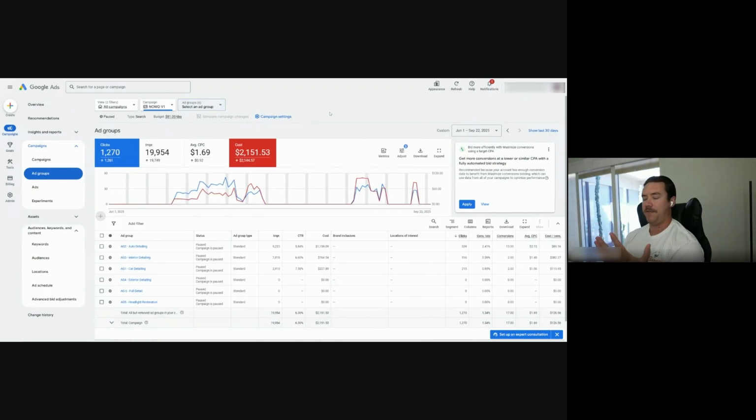Because what happens is if your average cost per conversion is $100, and then you make your target cost per acquisition $50, your budget's probably just going to go to the ground. You're probably not going to spend, because now Google's like, great, we only want to show our ads to people that we think are going to convert for $50 or less. So it shows your ads to a lot fewer people, which can bottleneck your spend. So that comes to a balancing act. That's why it's really important to start 5 or 10% lower than what the average actually is,